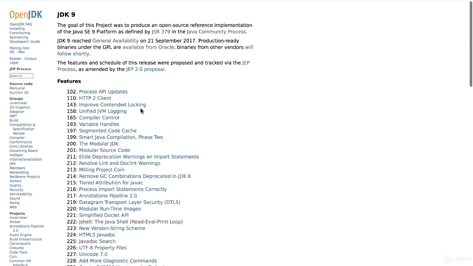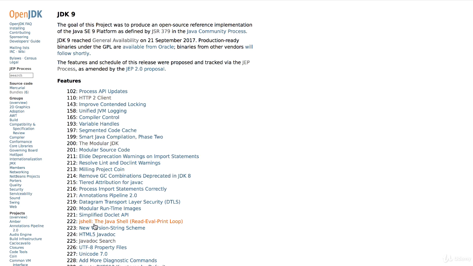Since we're here, let's go ahead and find 222. And there we go. It's the JShell, which is the read-eval-print loop that we briefly talked about. So what does this do? Now, up till now, if you want to start learning Java, you have to download everything. You have to download your JDK, you have to set up your computer, and then write the hello world,